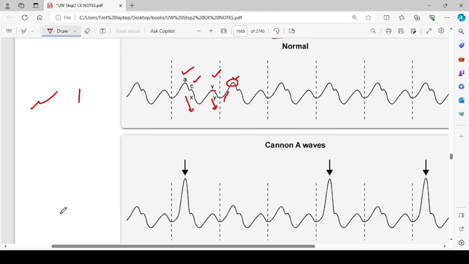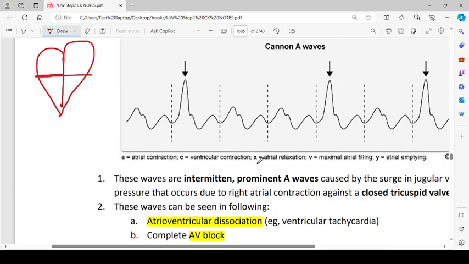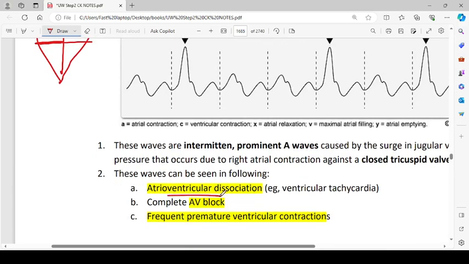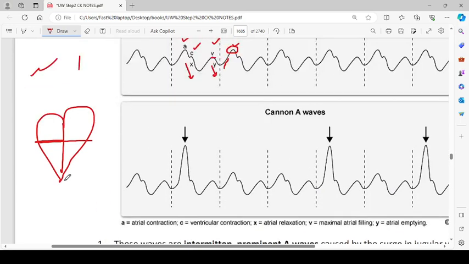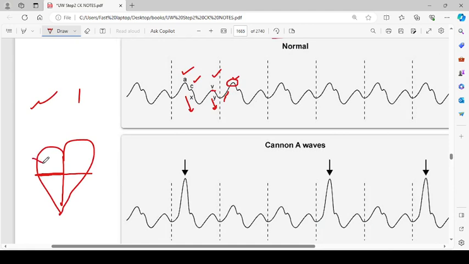So you can see that suppose this is the heart, and here we have this atrium-ventricle division. If there is some stenosis or obstruction of the tricuspid valve, or if there is no obstruction, actually this is not because of obstruction, this is because of a different reason. It is because of atrioventricular dissociation. Okay, when the atria contract, but the valve is not yet opened, the atria contract against a closed